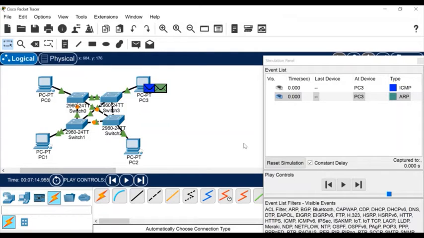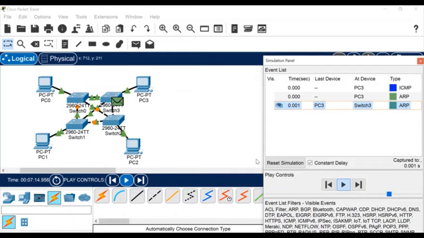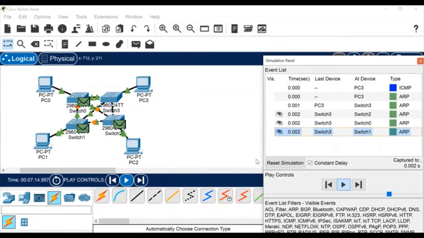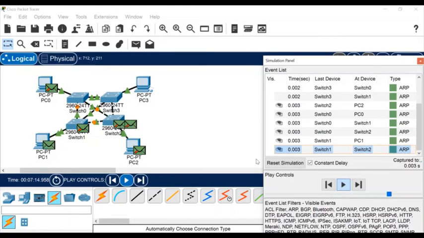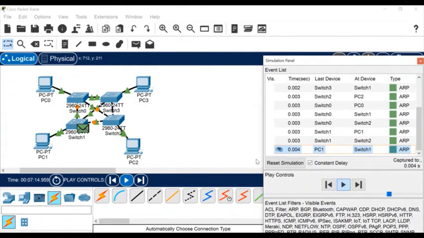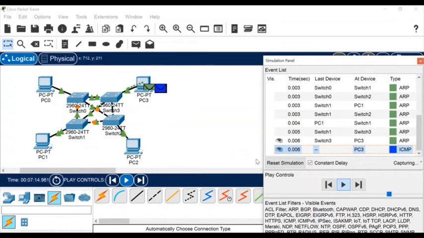You can see it is ready with two packets, ICMP and ARP. It will follow a similar process. First, it will broadcast and then find its path, and then it's only unicasting. So it happens here also.